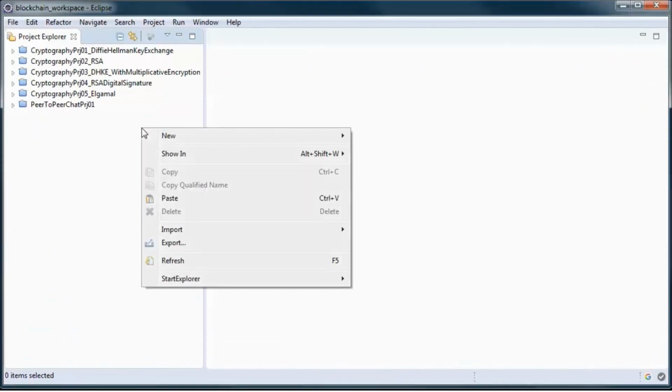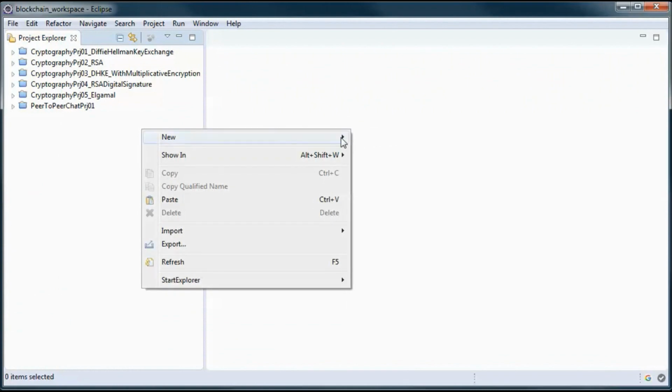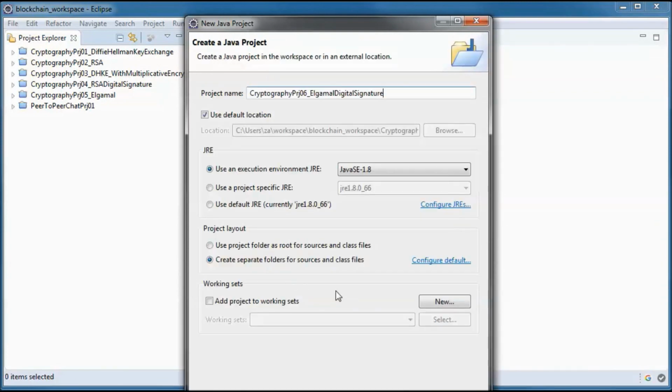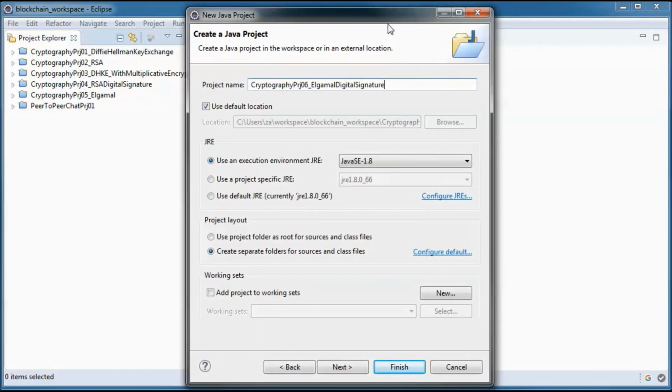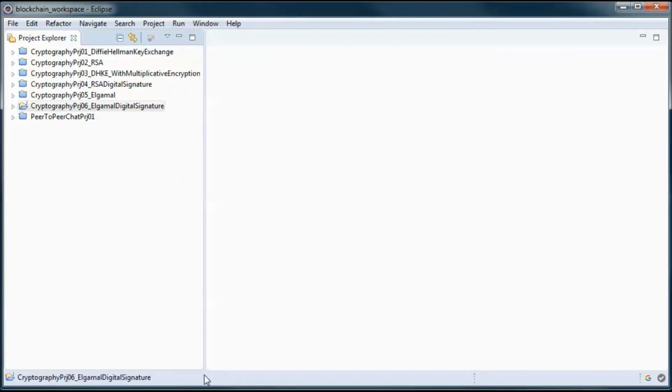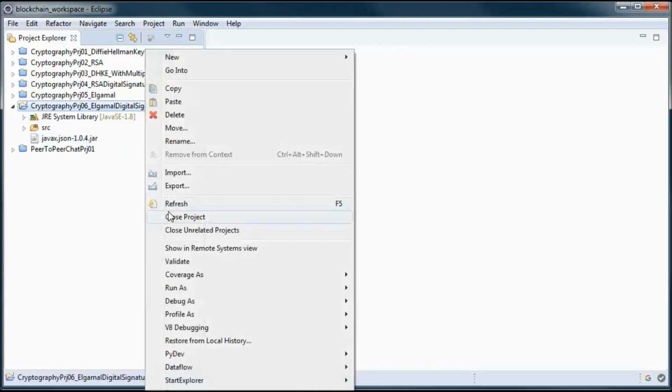I will start by creating a new project. And we will need this jar file to do JSON.